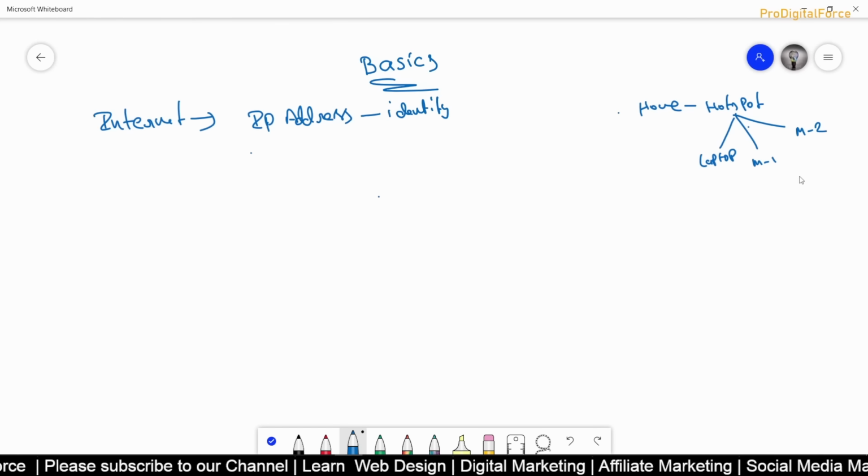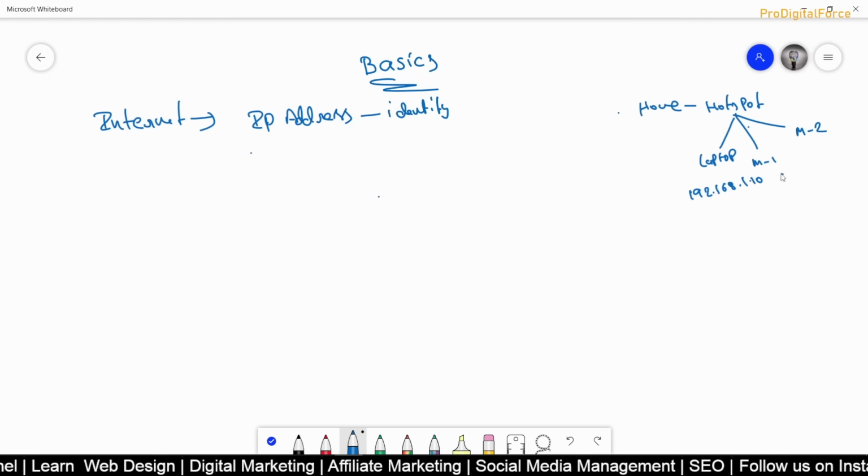Like this, you have 3 devices, right? These 3 devices will be represented with different IP addresses. That means LAN IP, local IP, you can say. It will be something like 192.168.1.10. Then mobile 1 will get 1.11. Mobile 2 gets 1.12. Like this. These are LAN IP addresses.